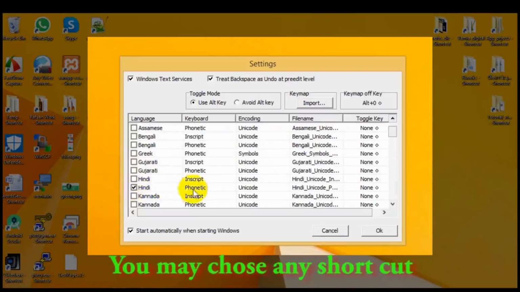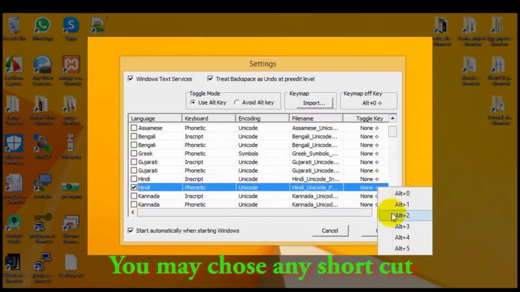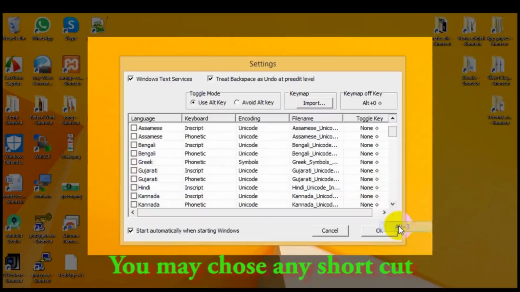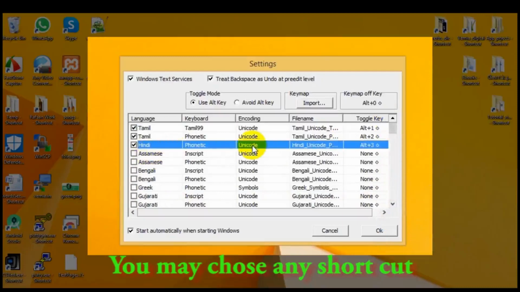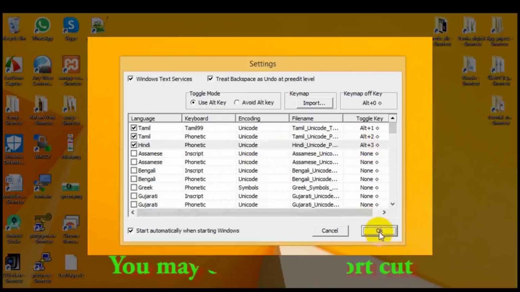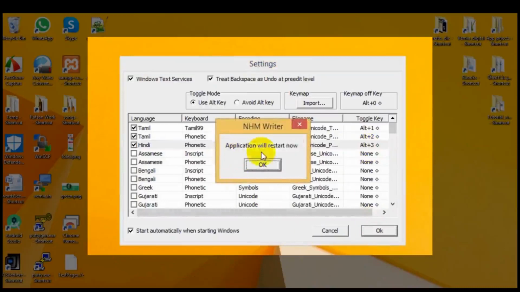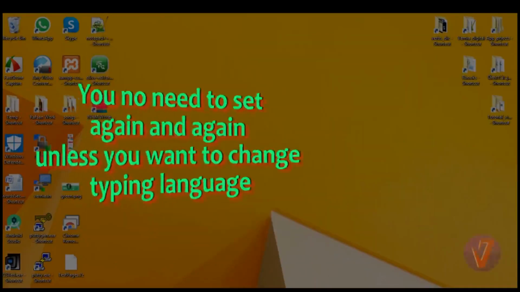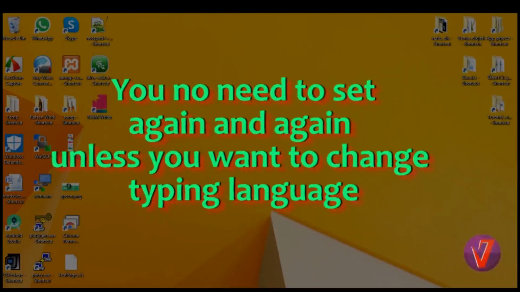Next, Hindi phonetic layout, Unicode fonts, shortcut Alt 3. Click OK. Restart the application. OK. This setting is not necessary to do again and again unless we need changes in language.